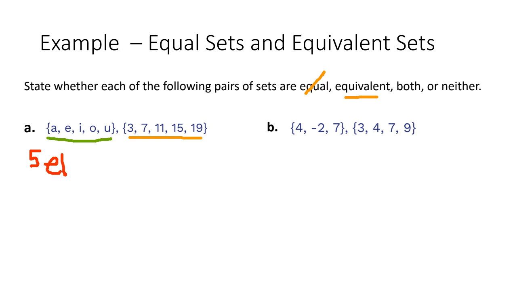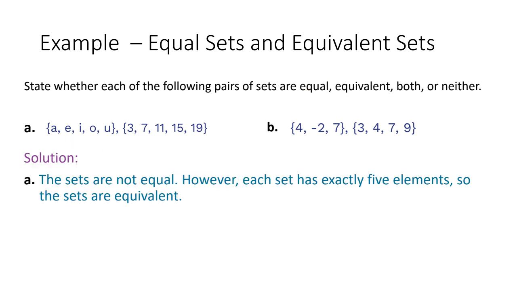And this one, the second one, has 1, 2, 3, 4, 5 elements. So they have the same number of elements, or the same cardinality. So we're going to say that these are equivalent. Okay. So they're not equal, but they are equivalent since they both have 5. So for letter B,